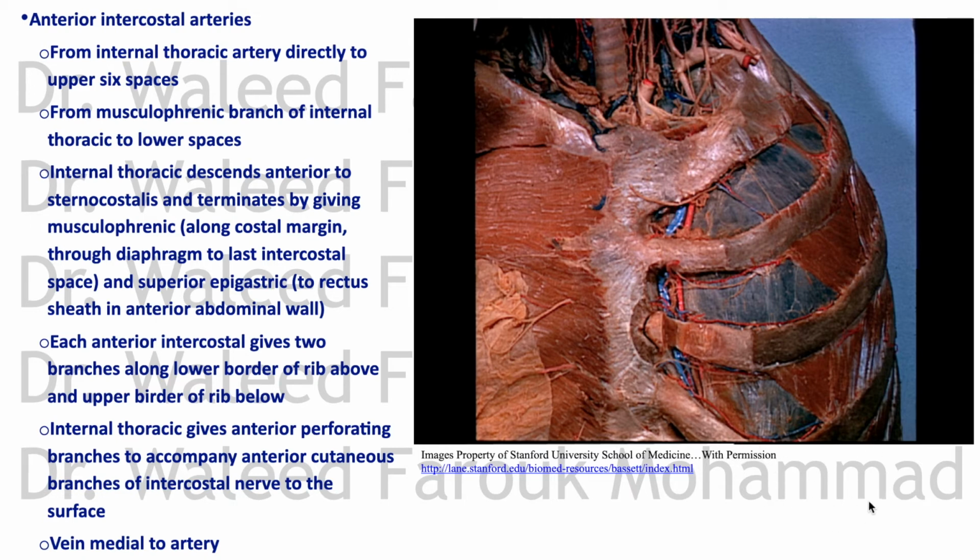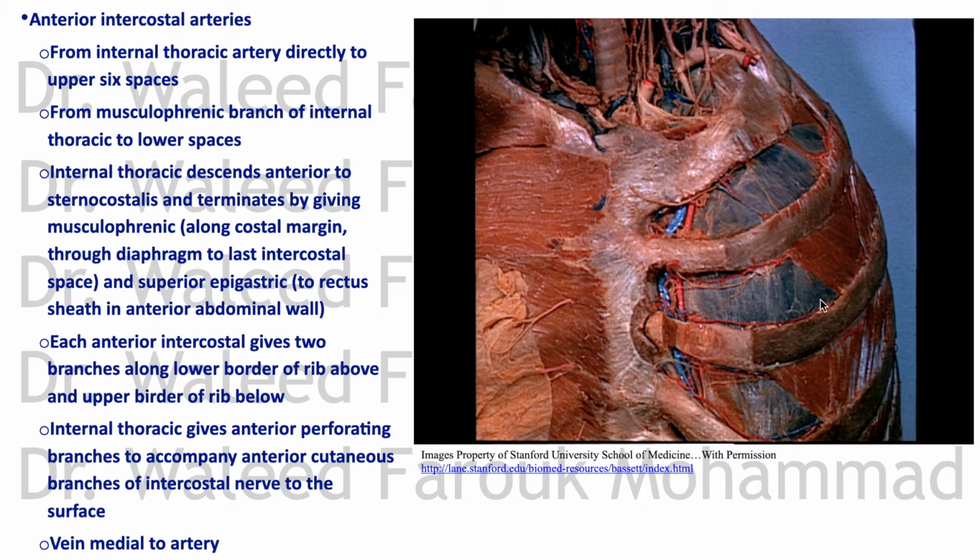Musculophrenic artery, it's a terminal branch of the internal thoracic artery. Now you see these cutaneous branches. These are cutaneous branches from the vessels and nerves of the intercostals. These are cutaneous branches of an intercostal nerve, accompanied by anterior cutaneous branch from the internal thoracic artery. So what supplies the lateral zone till posterior is cutaneous branches from the posterior intercostals, and what supplies the anterior